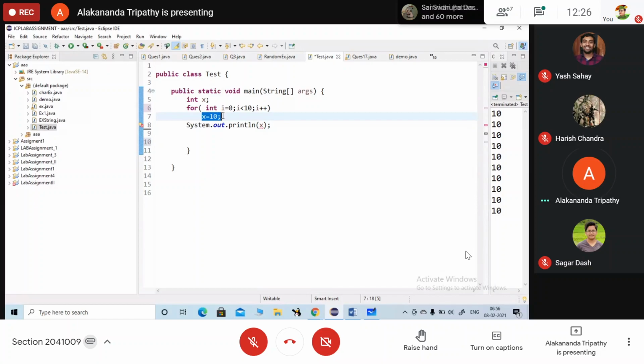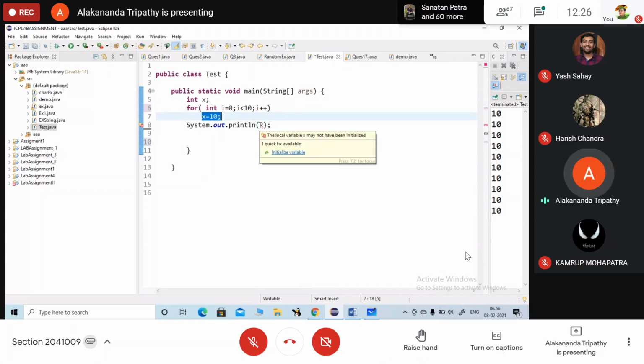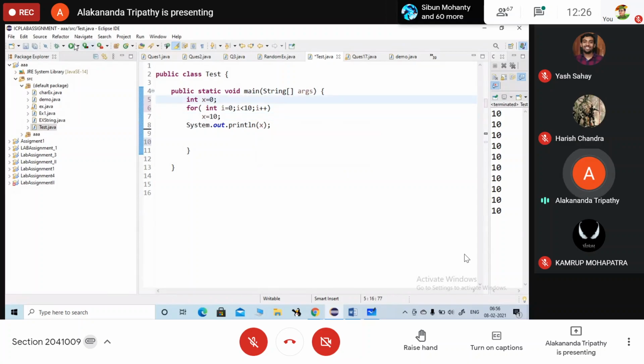Okay, because the bracket is closing, it is getting reset. So what is coming here? An error is coming. What is the error it is showing? Initialize the variable. See, variable. Yes, ma'am. If I initialize x equals to 0, now see, there is no error. And what is the value of x?